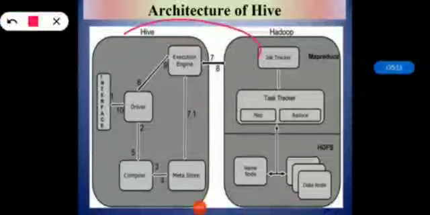In the substep of execute job, the execution engine can execute metadata operations. After that we fetch the results, then send the results, and at the end send the results to the Hive interfaces. In this way Hive and Hadoop can work in parallel. So in this section we have seen the details of Hive, its architecture and working. Now in the next section we will see what is Pig. Thank you.